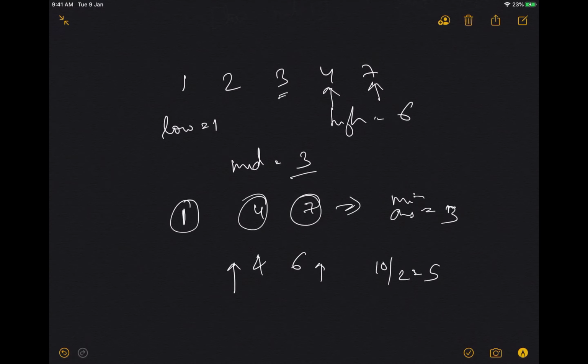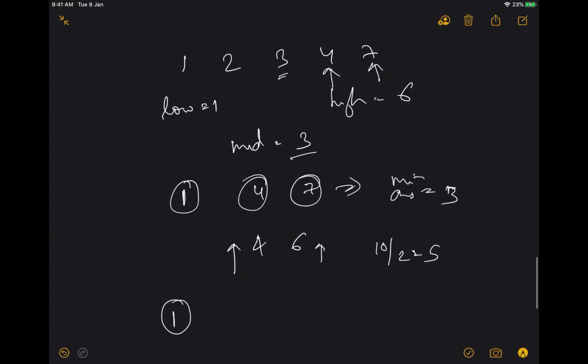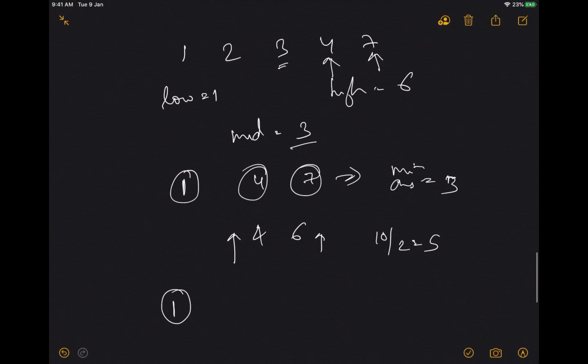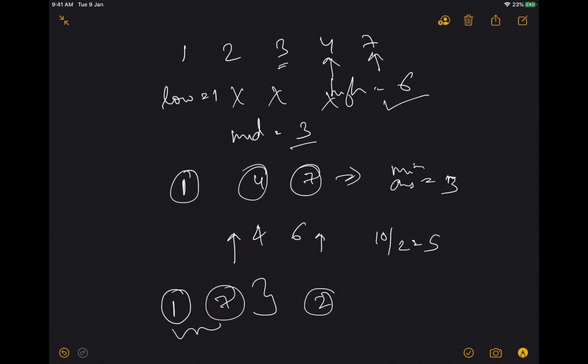Okay, so we put the first ball at position 1. Then can we put the ball at position 2 such that the difference between 2 and 1 is greater than or equal to 5? No, we cannot. No, we cannot. Yes, we can at 7: 7 minus 1 is 6, which is greater than or equal to 5. So the next ball is at 7. But here we were only able to place 2 balls, right? But the number of balls we have to place is 3, so we cannot.